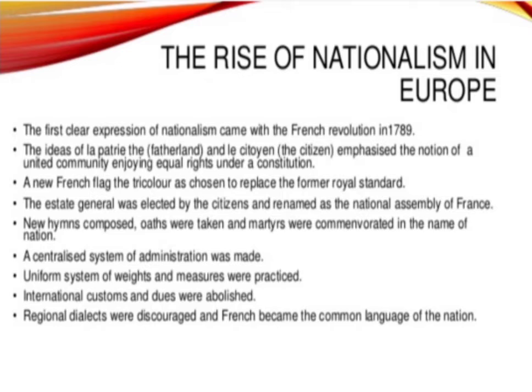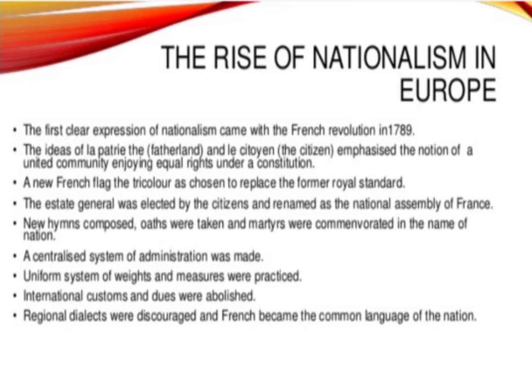After the French Revolution, people got the power. There came democracy, and now the people could decide the destiny of their country. That was a big change. Now the people got the power, they started democracy, and they can decide the destiny of their country. That was a big change that happened after the French Revolution.